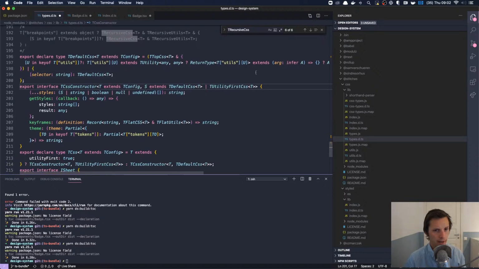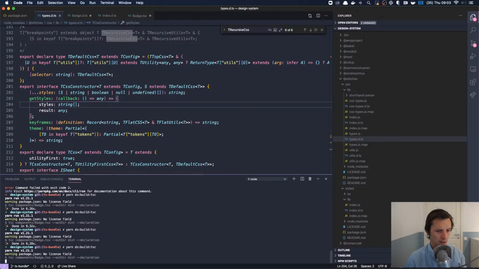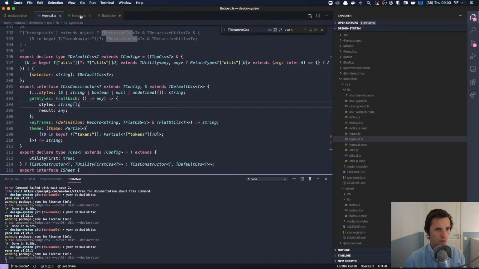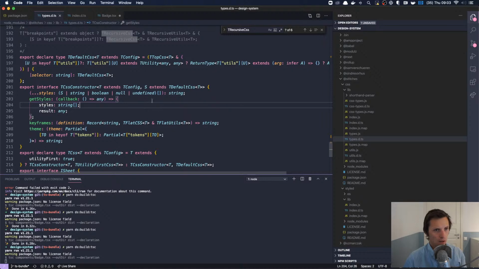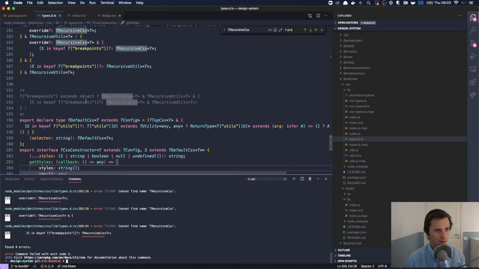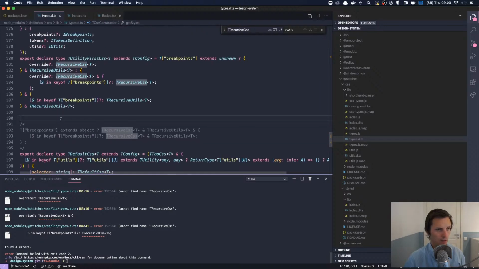Or is it because I have this utility first thing? Let's remove everything related to utility first. Maybe that's the thing that's breaking everything. Okay, let's just export declare.